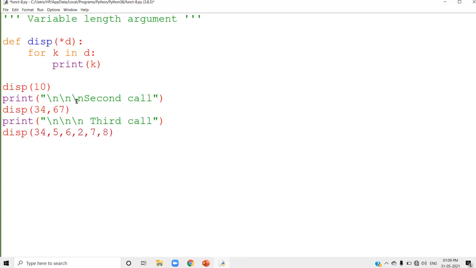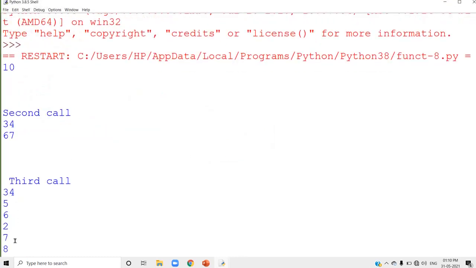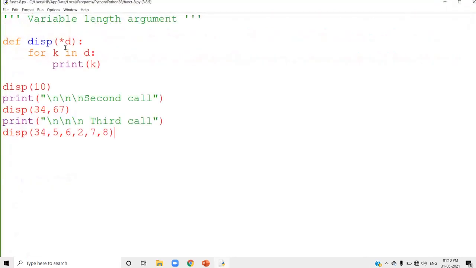All the values are stored inside the variable D, and from D, you are extracting values one by one by using the for loop and displaying each value. Just check the third call. Inside the third call, you can see all the values are displayed here. So the same variable D is accepting multiple values.